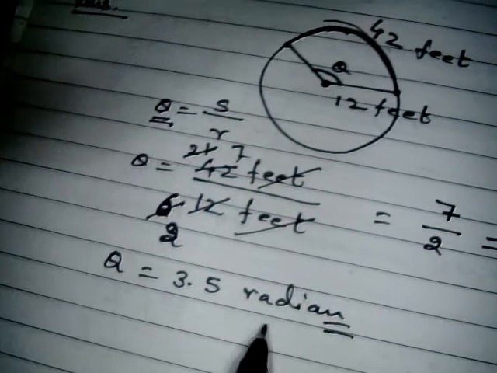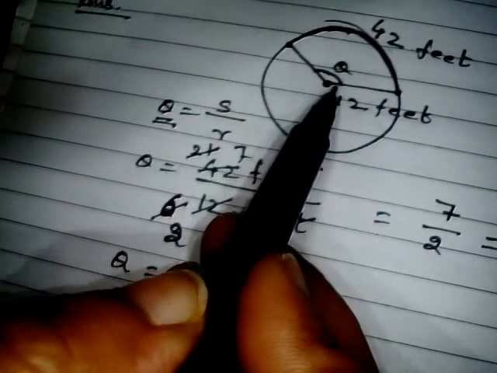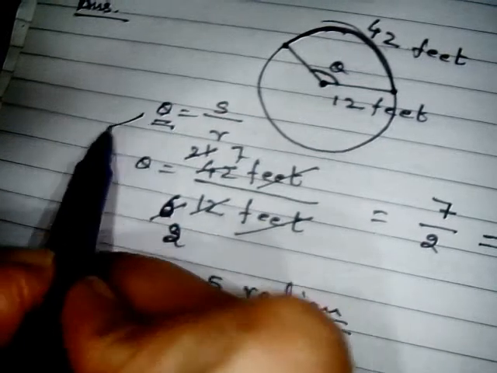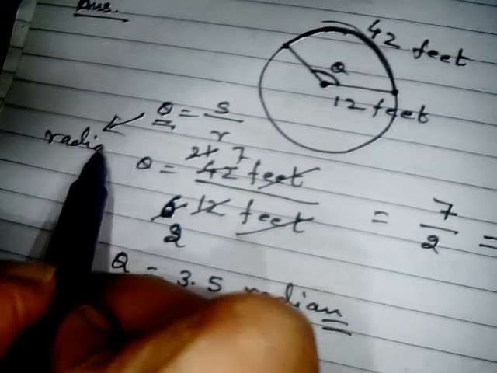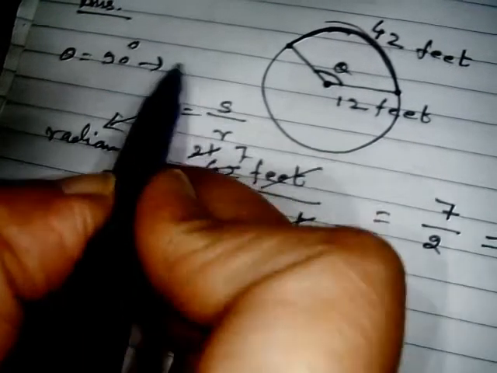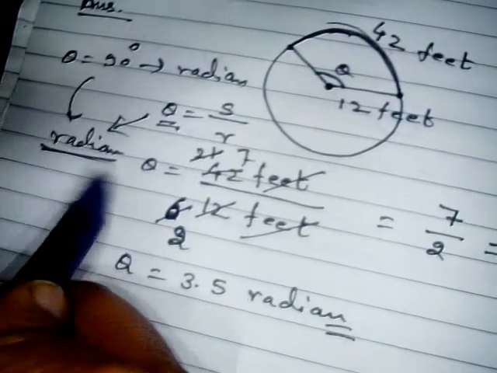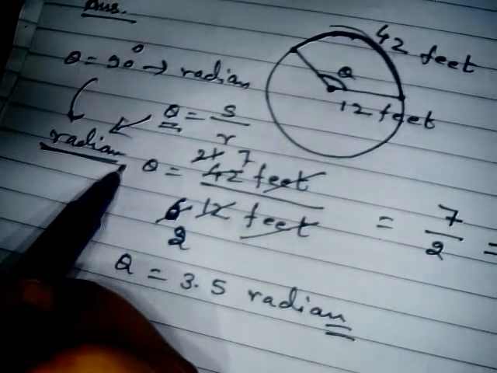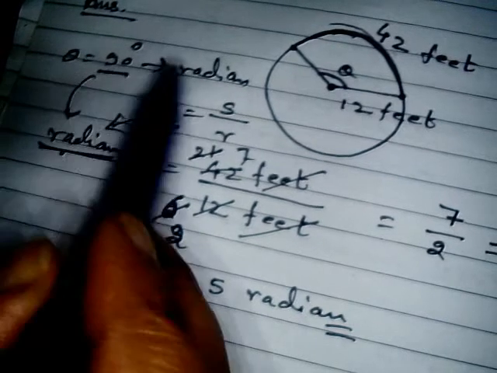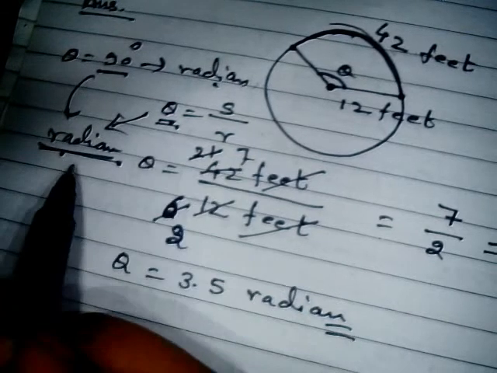Suppose the theta is given in degrees. Because over here the theta value can be placed only when it is in radian, if theta is given in, say, 90 degrees, I first need to convert this into radian and then I can place it over here, because this theta is not in degrees, it is in radian form. So if the angle is given in degrees, I need to convert into radian, and then I can replace it over here and calculate whatever is needed, either S or R.